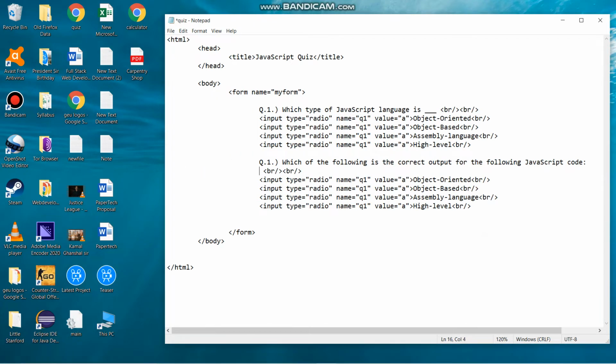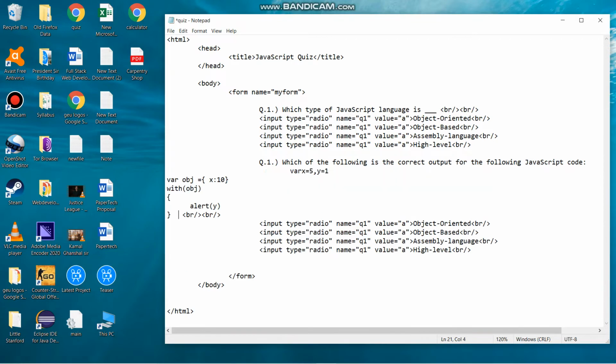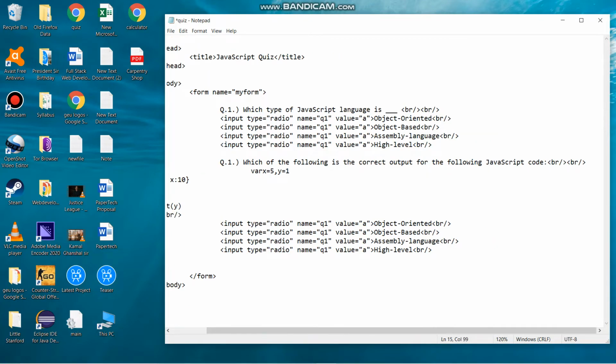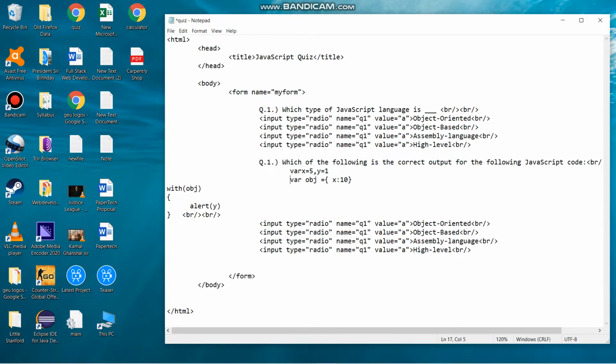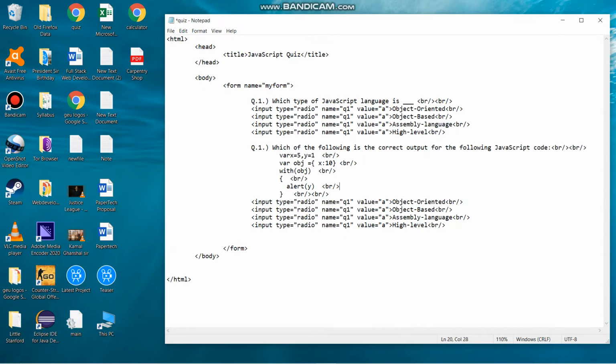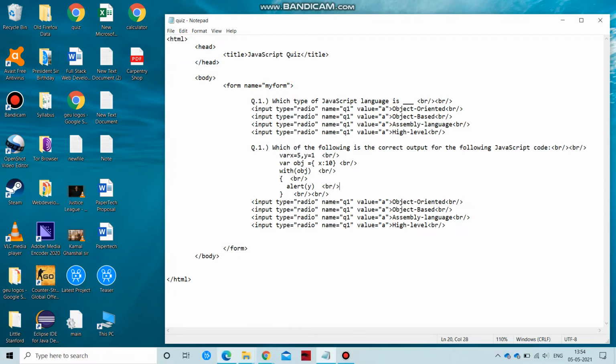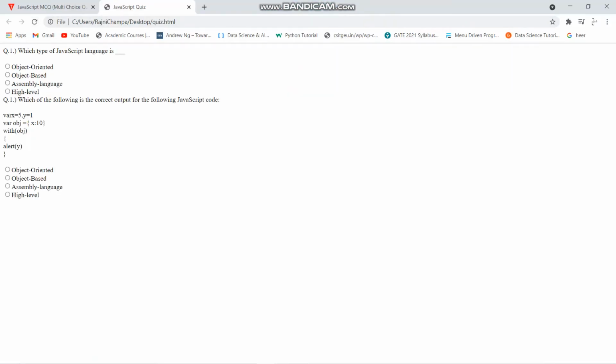You have to take this source code in the next line, just style it by yourself, like I'm placing this all in a single line, and after each line you have to put the break tag, so that it won't be displayed in a single line. It would look better after it. Save the file, and you can see it here, but the options are similar to the first question, so we have to change the options.